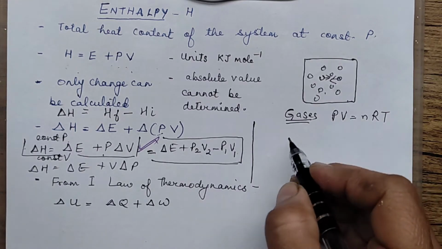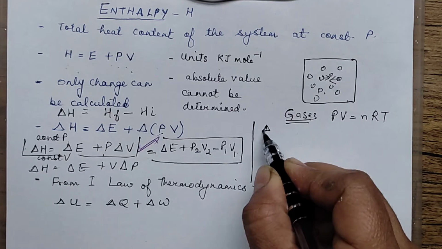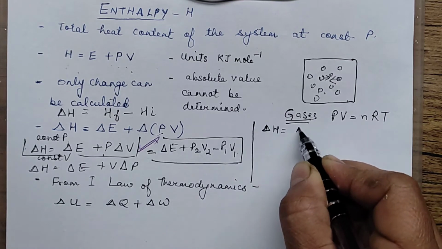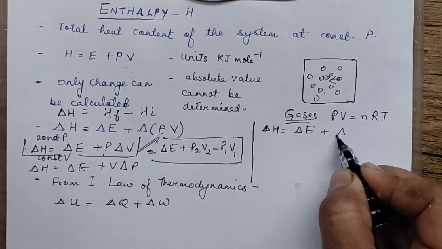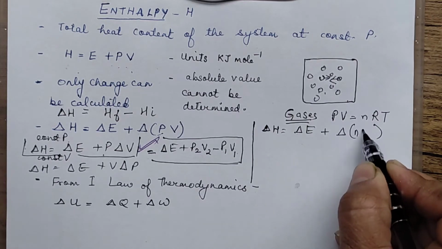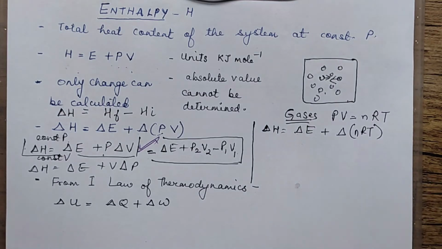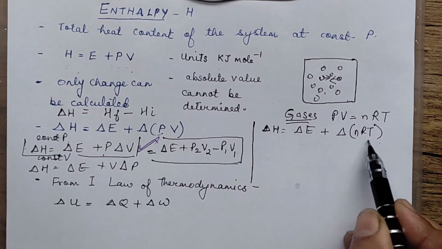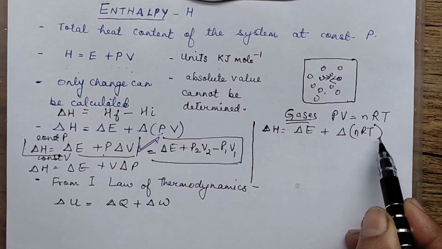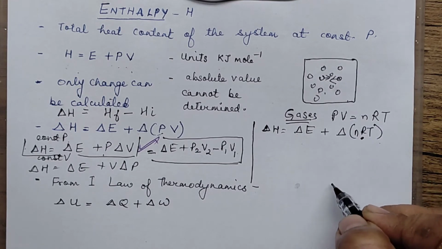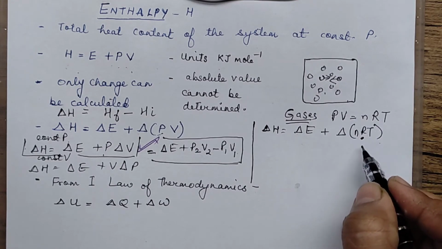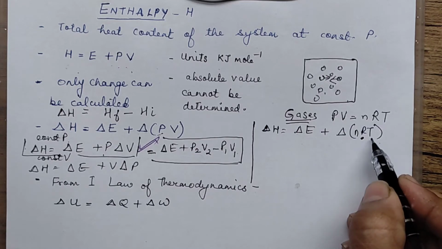Okay, now we may write like that. Let me write down the first form as this only. Delta H is equal to delta E plus delta n outside the bracket, and nRT I am writing it inside. Now among this number of moles, R and T, you know R is constant, it's the universal gas constant. We know the values in ergs, joules and calories.